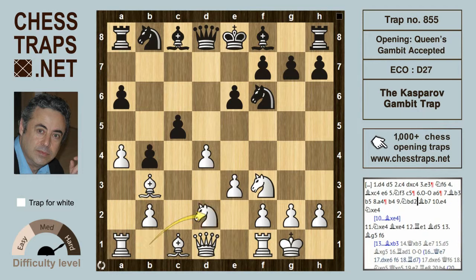Now after knight b d2, black develops the bishop to that hole now on b7, and we've reached a very interesting position here. White could continue with moves like a5, fixing black's a pawn, gaining space on the queenside, or knight